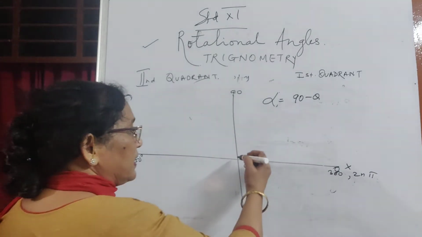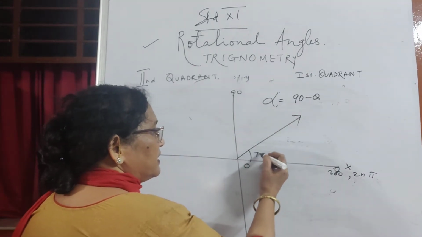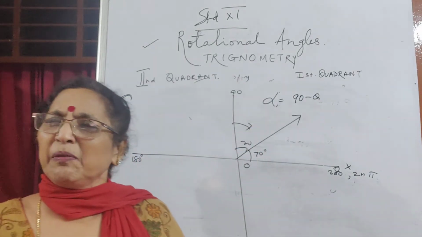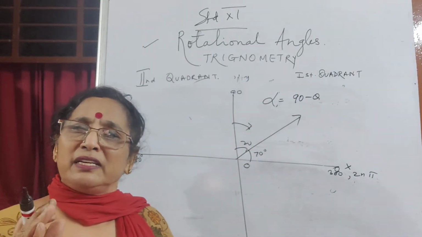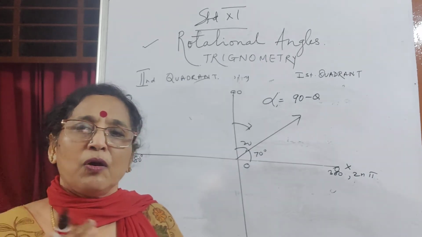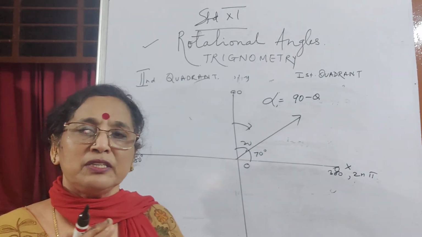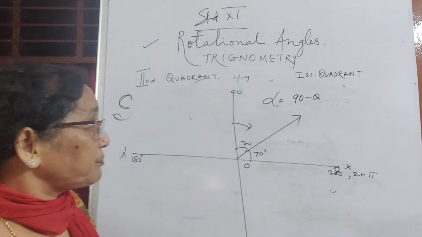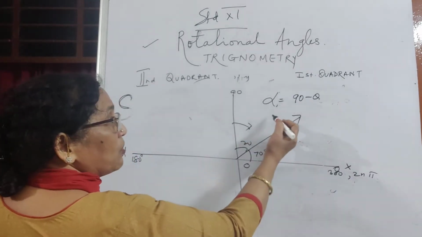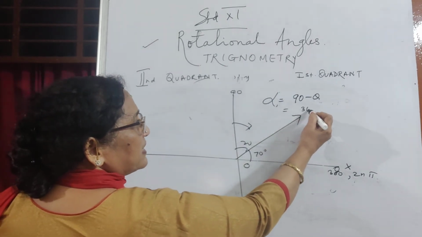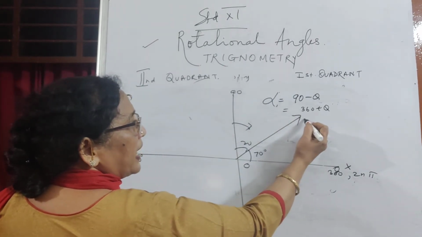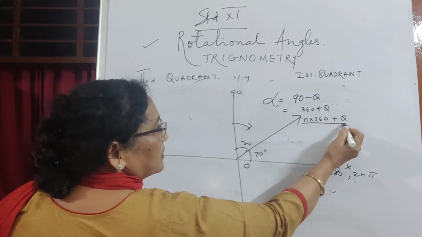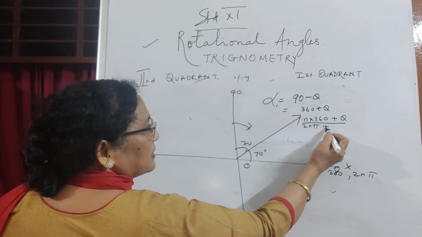So if I'm going like this, and this is 70, which is same as 20 from this line. So be a little bit careful when you're doing 90 minus something, 90 plus, or 270 minus, 270 plus. There the name also changes. I will tell you. Or it can also be written as 360 plus, or any multiple of 360 plus. So we say 2n pi plus theta.